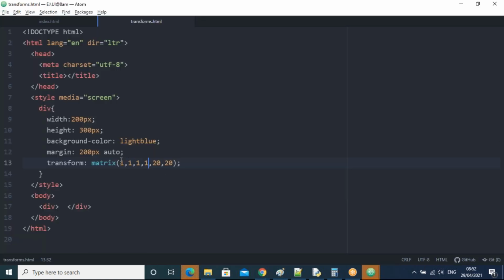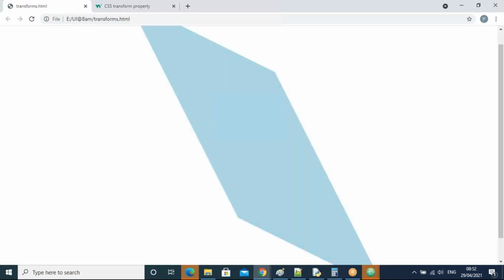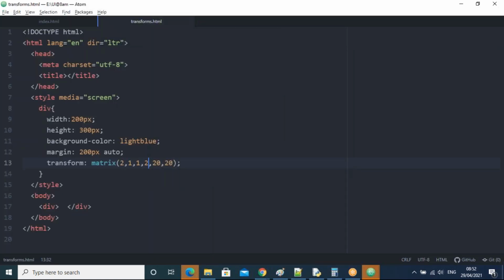Okay, that has disappeared because I'm taking those scale values the same, right? It is not even visible, guys. Let me take 2 here. Okay, the scale values I'm taking as 2, now it is visible, right?